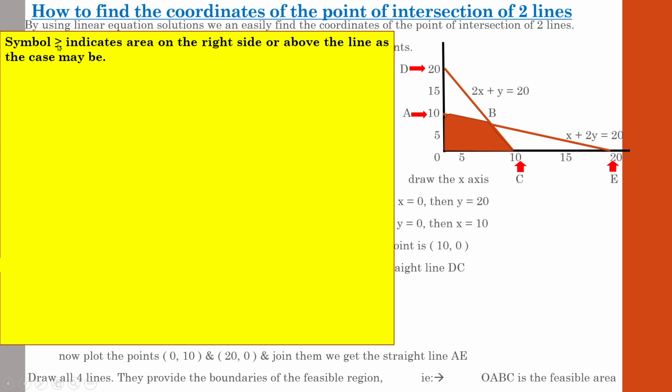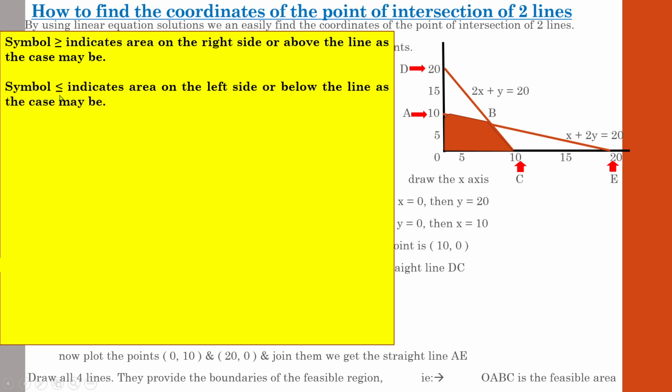So whenever you come across a greater than or equal to sign, you need to shade the region above that point. In this question, the constraints were using the less than or equal to sign. So in that case, you need to shade the area below the line or the point. Below the lines means below point B or below these two lines which intersect. So this is how you have to identify the feasible region.